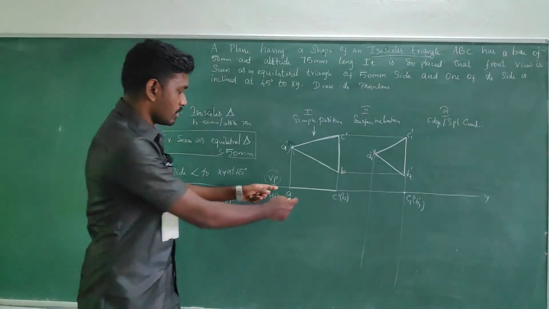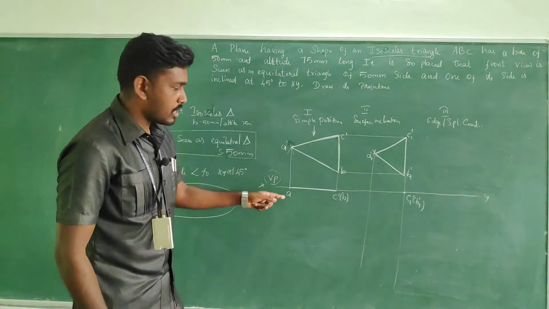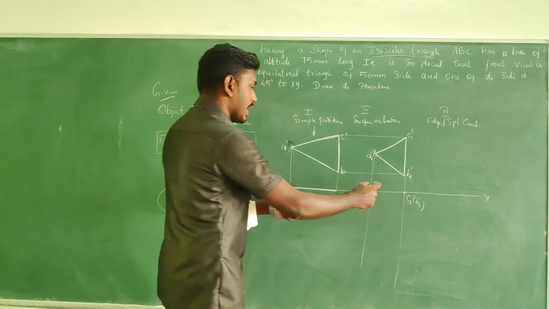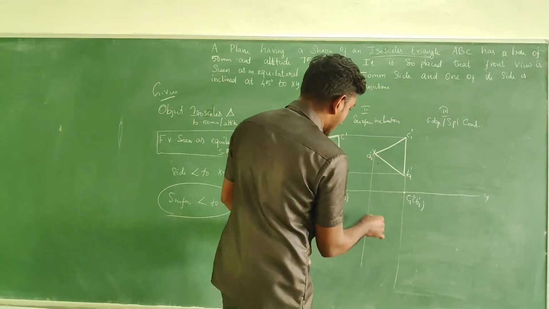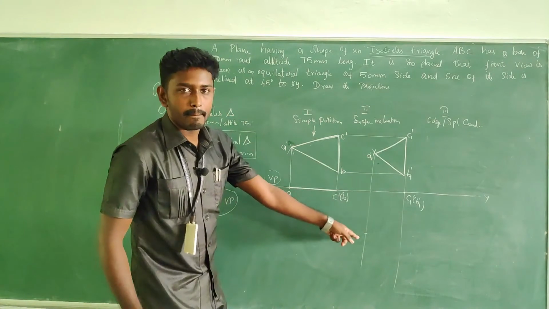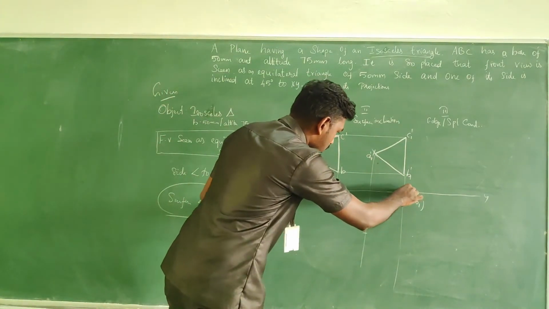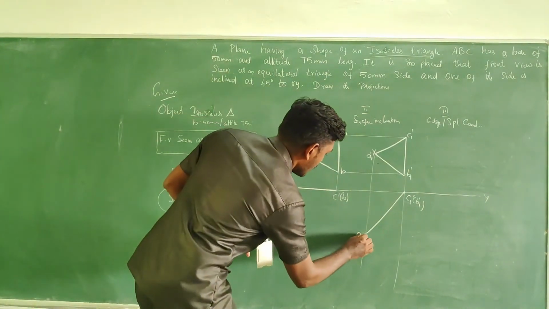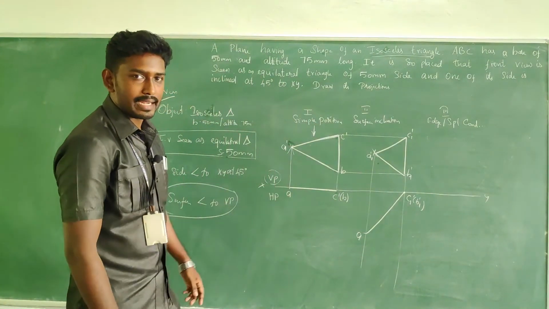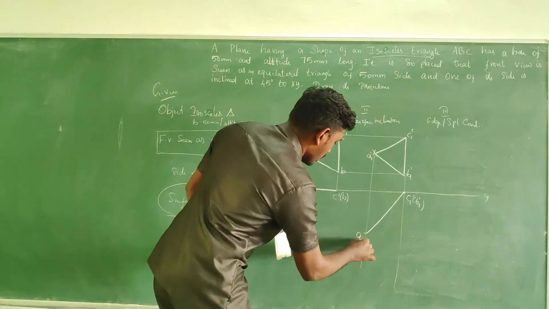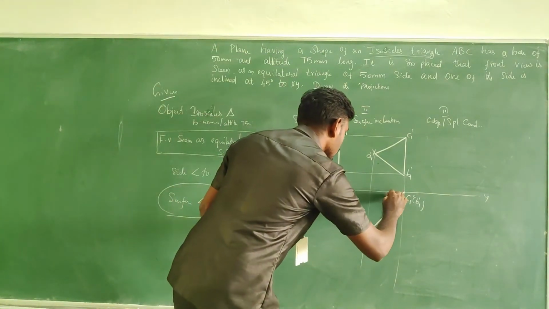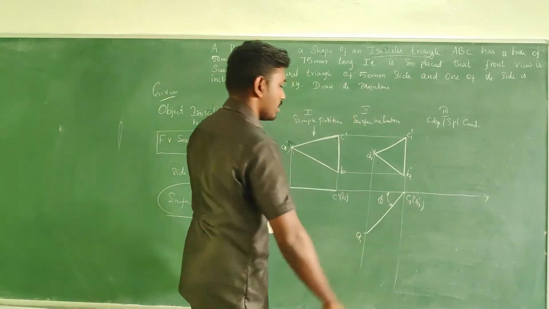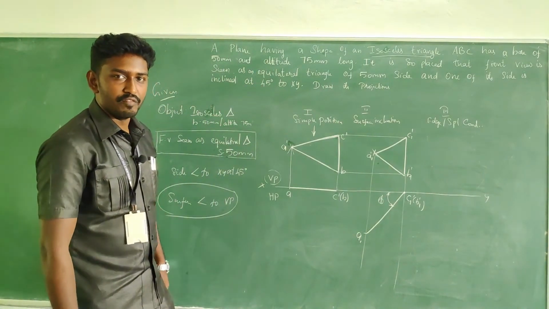In order to find the next end, just measure C to A, the true length. Just measure it and, keeping at the C, go for a cut mark in the respective line A. If you connect the C with the cut point A, you will get the true inclination. So this is A1. If you measure it, you will get the inclination with respect to VP.